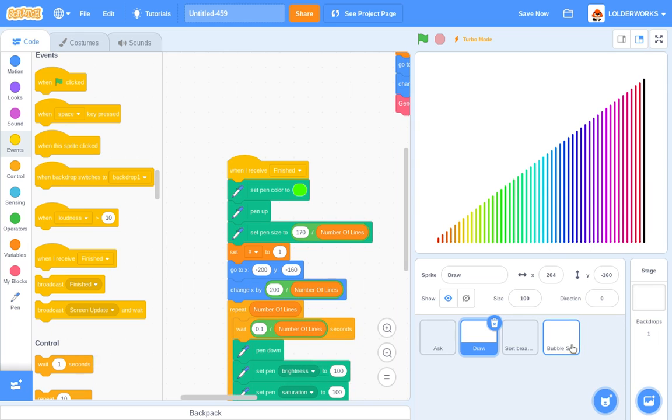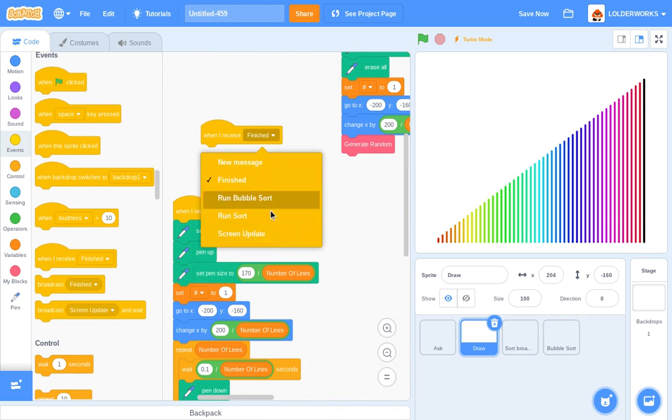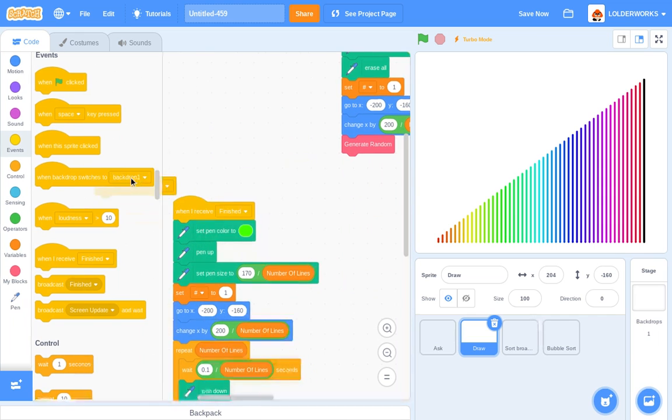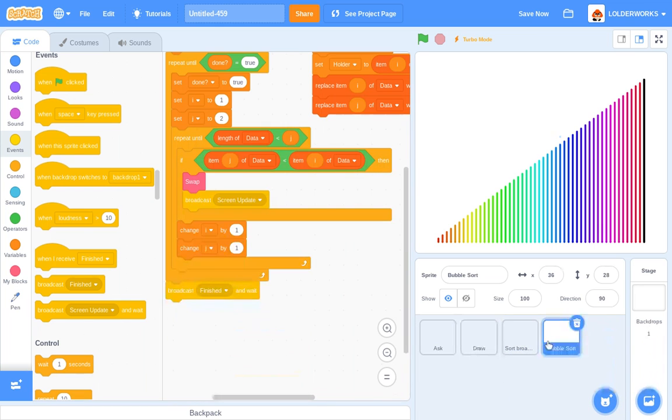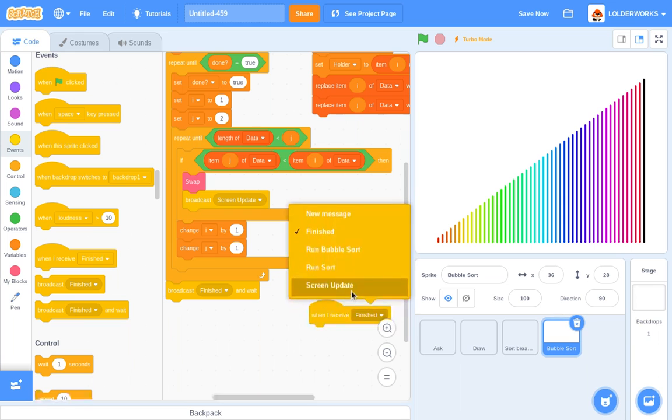So now let's work on those sounds. What do we do with these sounds exactly? How do we know when to do them? Well, what we are going to do is when we receive, what we will do is we need to make a new variable, a new message. This new message will be